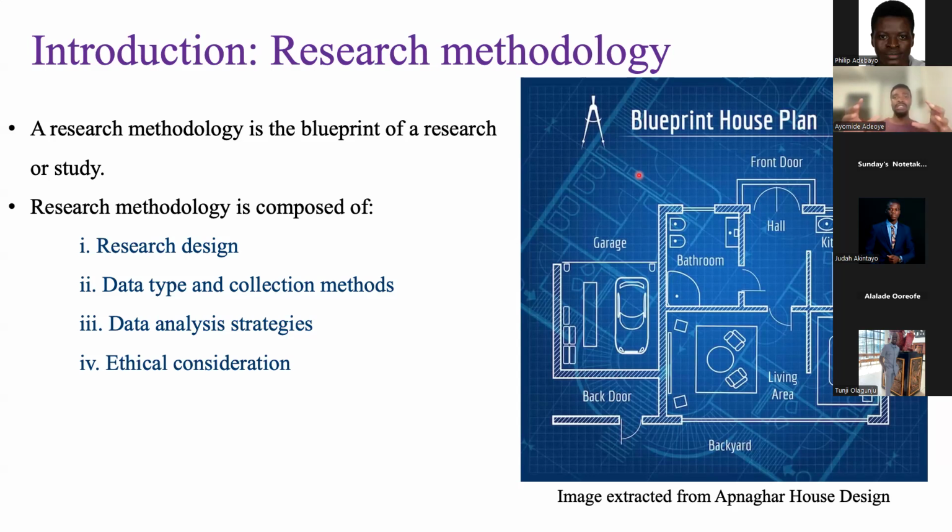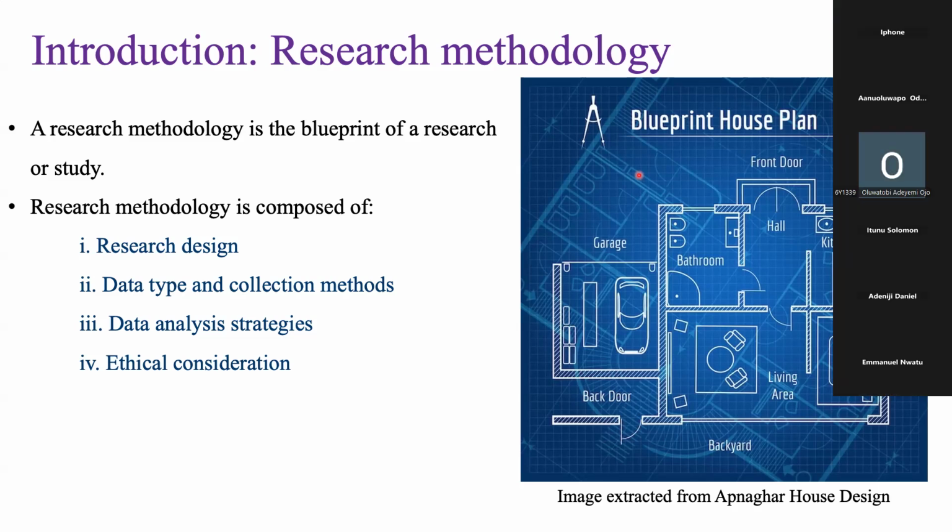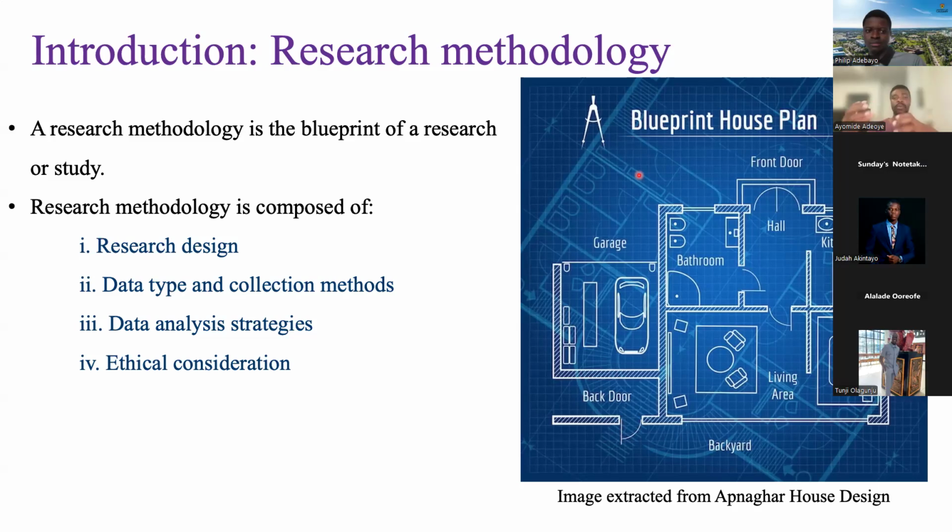So all this in general, before building a house, what I'm trying to say is that you have to have an objective, foresee how you want your house to look like. Then you come up with a plan by an architect to design a plan of okay, these are the components that are necessary in order to achieve this house. So in general, this plan is like the blueprint of the house you want to build. Same thing goes for research methodology. You see your research methodology as the blueprint of your research.